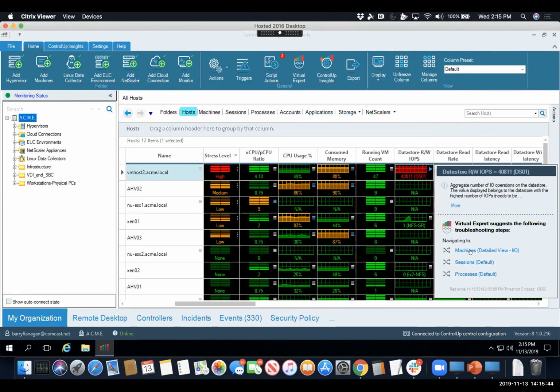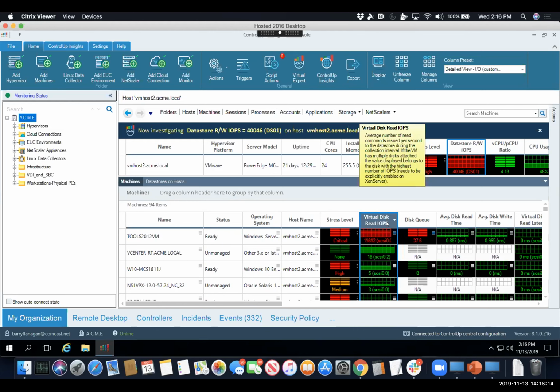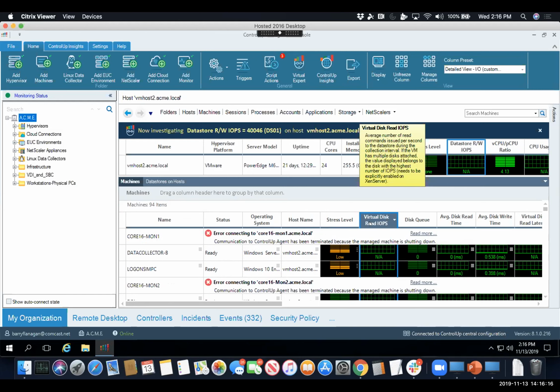The first one it says is, because this is a host that has VMs on it, I should drill down to the VM view, to the machine view, but only look at IO. As I said, this is an IO metric. So right now, while I'm troubleshooting, I'm not going to focus on CPU, memory, or network. I'm only going to focus on IO for virtual machines on this particular host. So I've drilled down. Here's the host at the top. Here's every VM down at the bottom that is currently running on that host. And it's sorted by the metric that's most exceeding threshold. So in this case, it's virtual disk read IOPS. As you can see, if I hover over it,